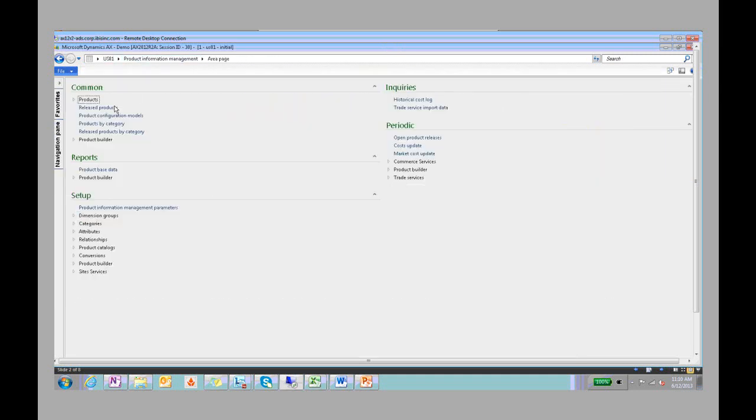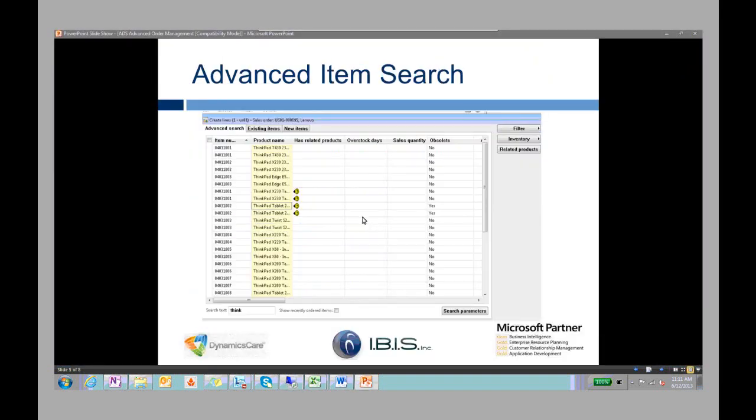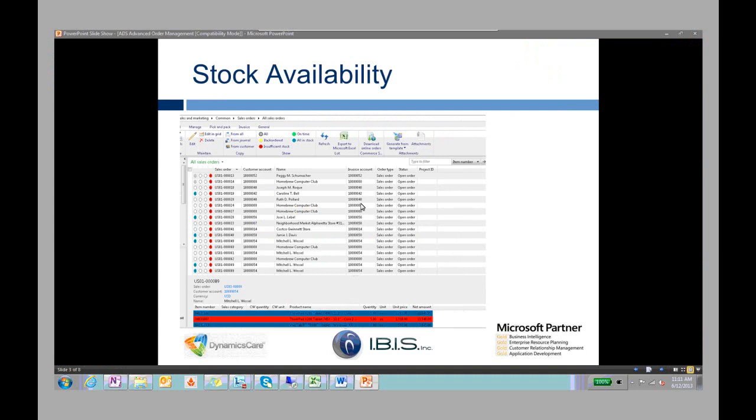Those are a few of the basic functionality increases that IBIS has focused on with the advanced distribution software. In addition to the advanced order management, there's also advanced inventory management and advanced revenue management. These other two areas of the software will not be covered in this specific webinar, but they will be covered in subsequent webinars, so look out for those moving forward. Well, that is the information that I wanted to show. If you have any questions, feel free to email me, and I'll show you my email at the end of this